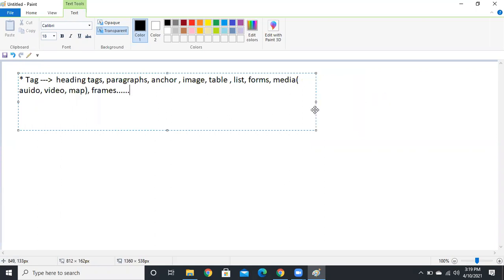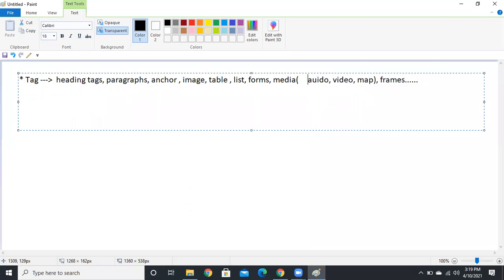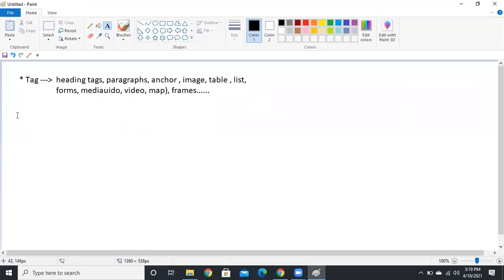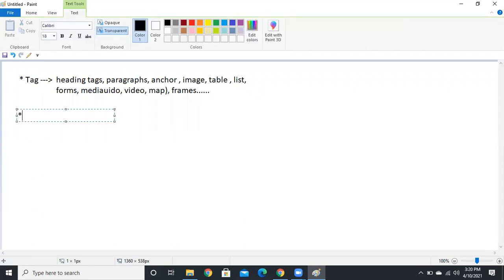Simply, a tag is going to describe this. And next we have elements, guys. Elements are nothing but the complete block of a tag, from the open tag to the end tag.